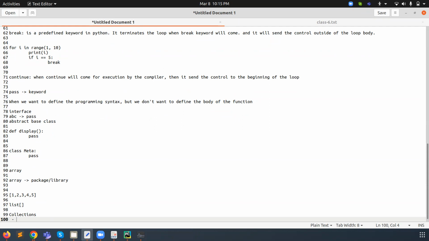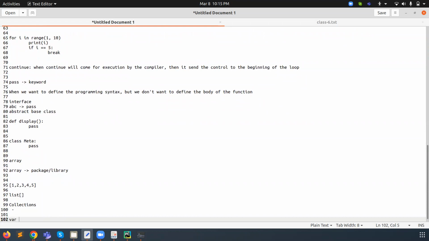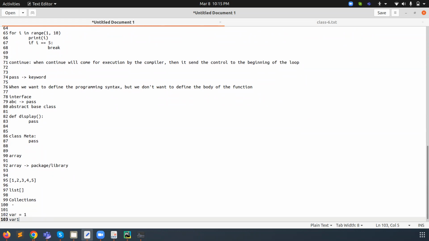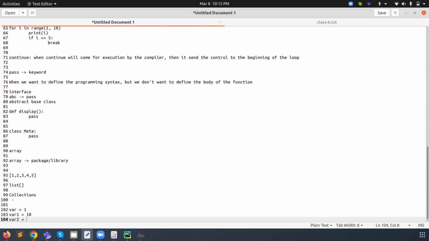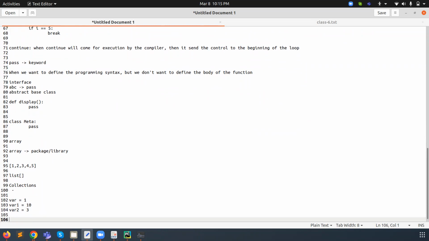It means when we want to store more than one value in a single variable. Here we have defined a variable. How many values can we assign inside this variable? Only one value. If we want to use more than one value at the same time, like the records 100, 200, 500, 1000, how will you store them? You would have to create 10 or 100 variables, which is not possible. So in that case, we use a list. We can store more than one value in a list.